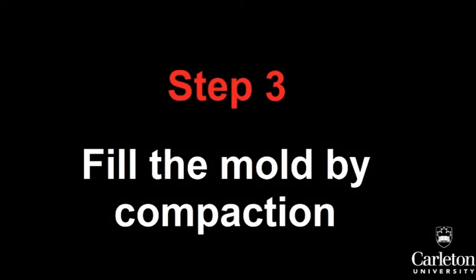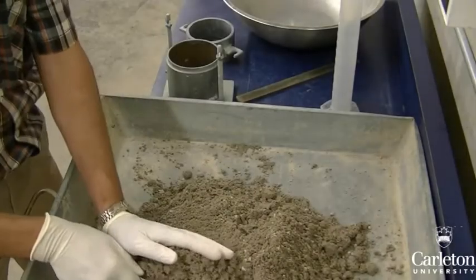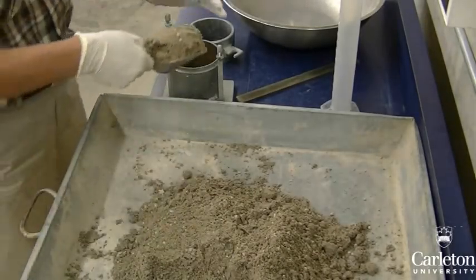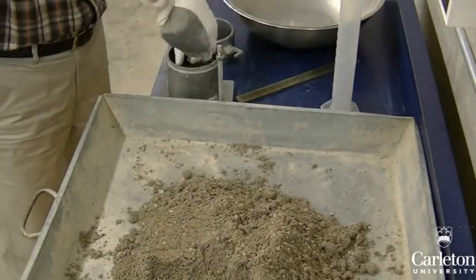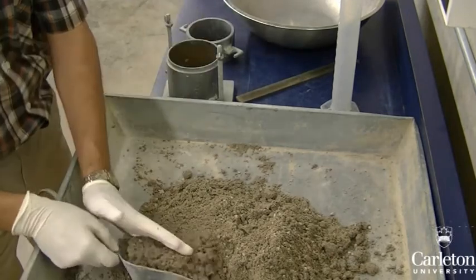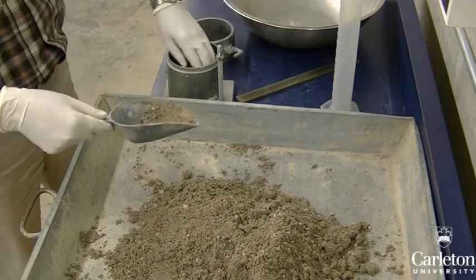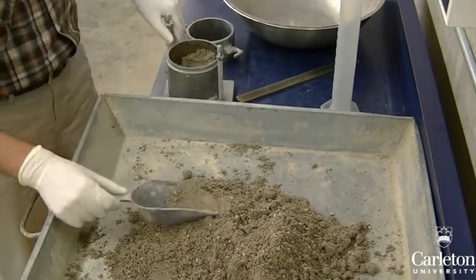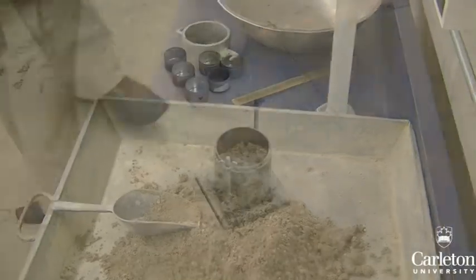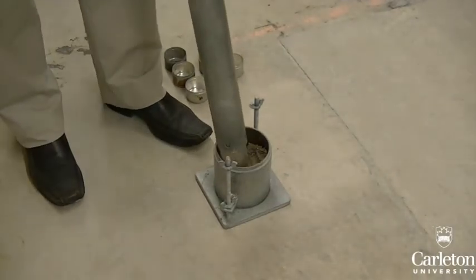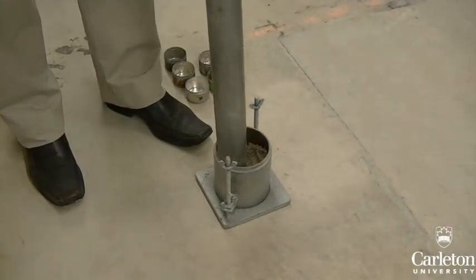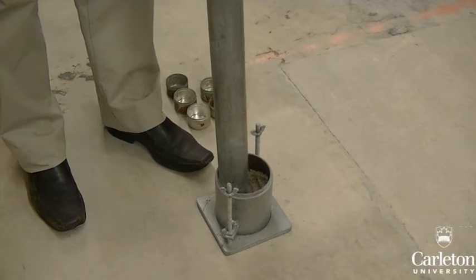Now we can fill the mold with our sample. For the standard Proctor test, the objective is to compact 3 layers of soil within the space of the test mold. Fill the mold like this. For the first layer, fill the mold about half of the way up. To ensure a standard amount of applied compaction energy, we will be using the 5.5 pound hammer to compact the